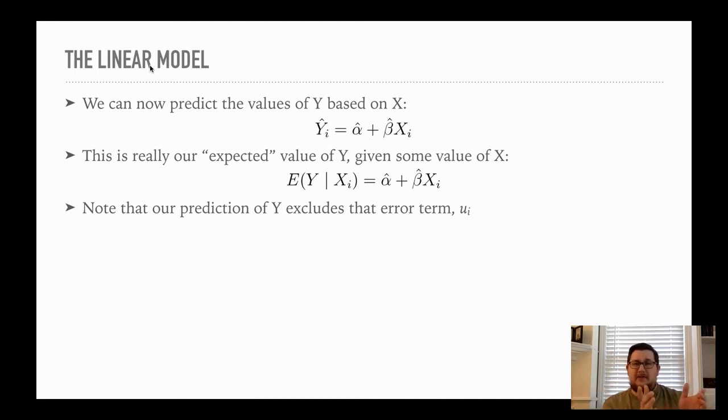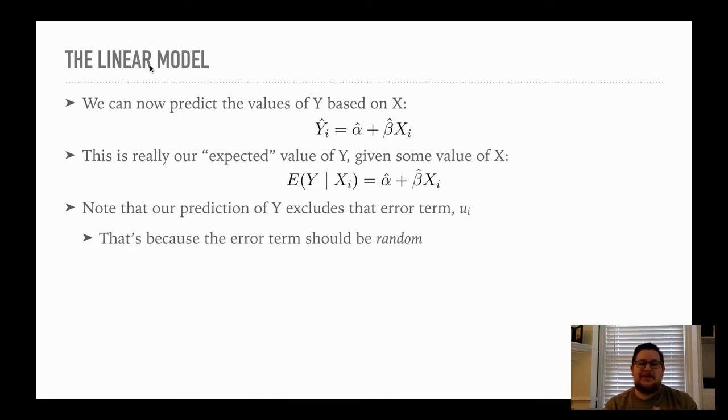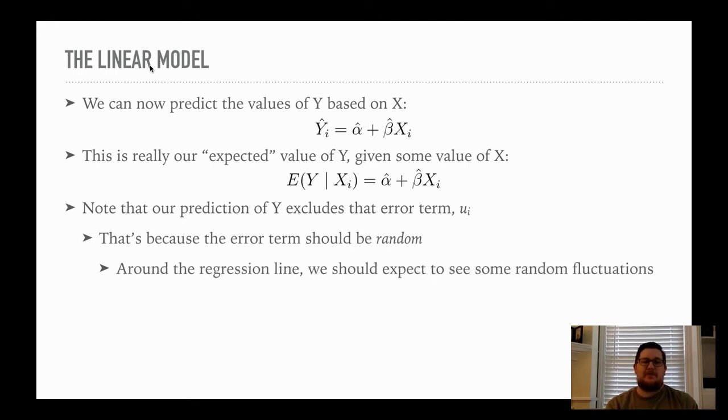Okay? But our prediction is just going to include the systematic part. So if we have a data set, we use that data set to calculate or estimate beta and alpha. And then we say, all right, along comes some new observation. Let's say some new country is created. They get a civil liberties score for women. We can attach a value to that. And then we estimate what their expected value of the percentage of women in the lower chamber should be. All right. So that's what we do. Okay. Now, again, we don't need to include U here because we expect that error term to be random.